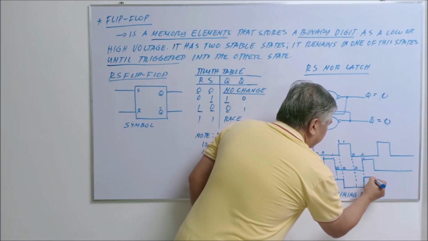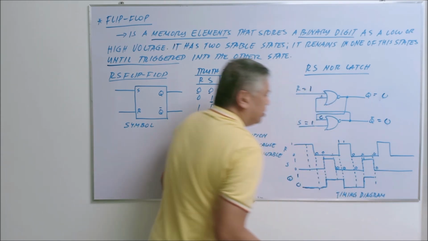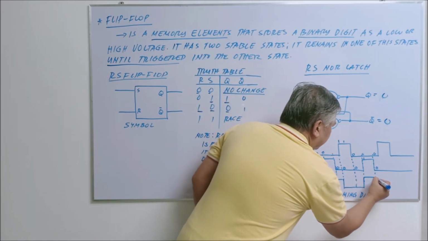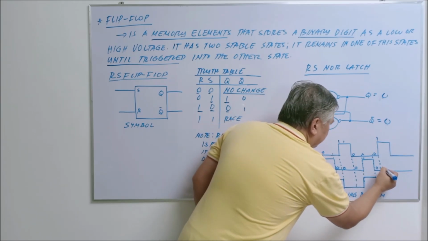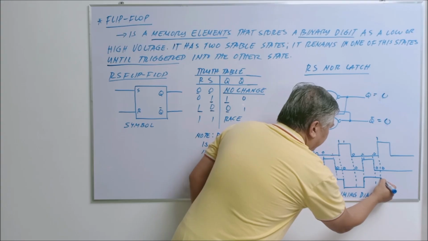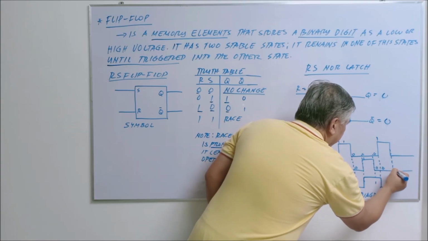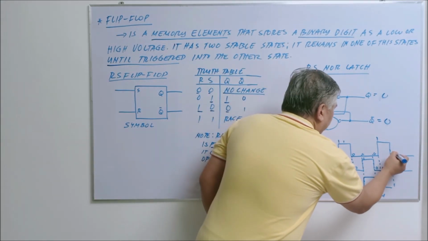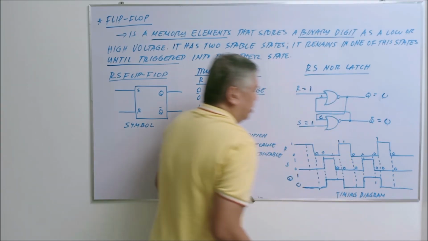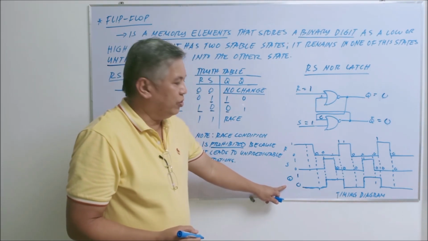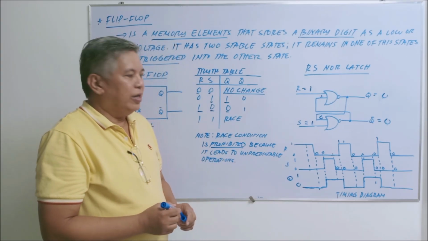Okay? Then, the same here. When it reaches this particular area, R and S are both 0. So, no change condition. Then, in this area, your R becomes 1 and S is 0. So, S implies Q, which is 0. Then, it remains here until this particular area is reached. You have R is 0, S is still 0, then this is a no change condition. So, this will be our output Q timing diagram based on the values of your R and S.